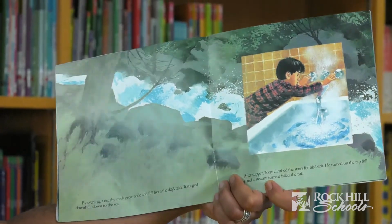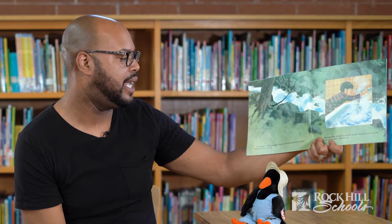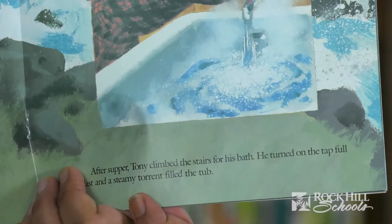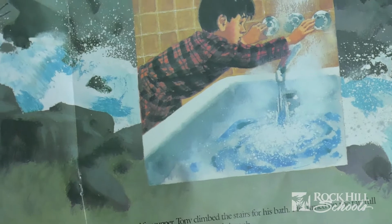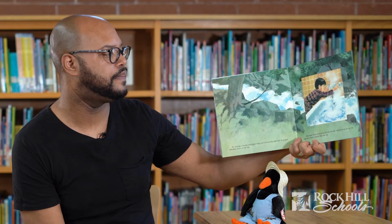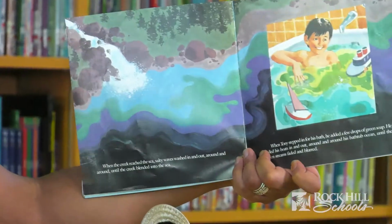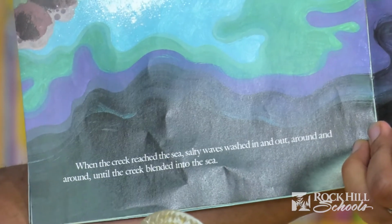By evening, a nearby creek grew wide and full from the day's rain. It surged downhill, down to the sea. After supper, Tony climbed the stairs for his bath. He turned on the tap, full blast, and a steamy torrent filled the tub. When the creek reached the sea, salty waves washed in and out, around and around until the creek blended into